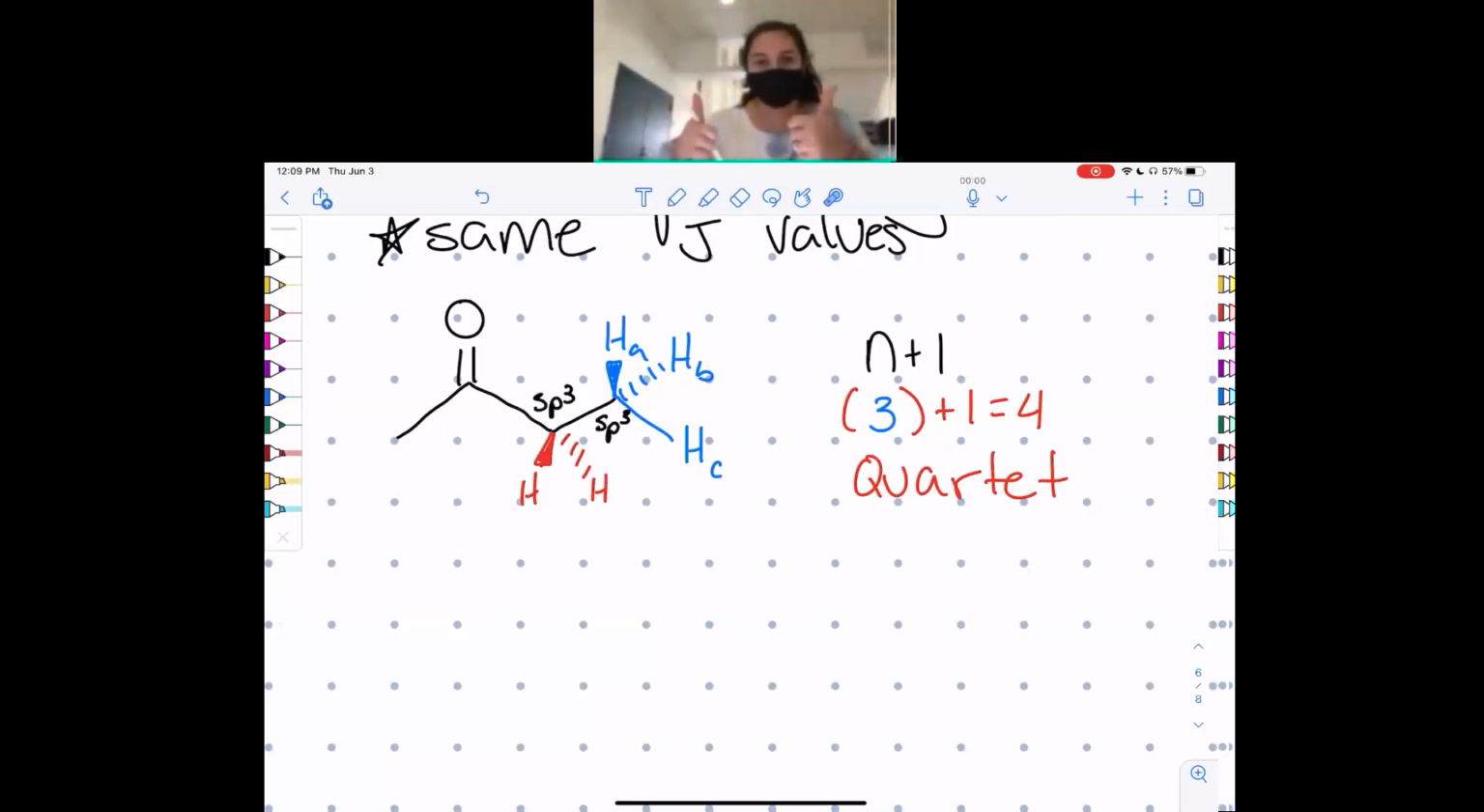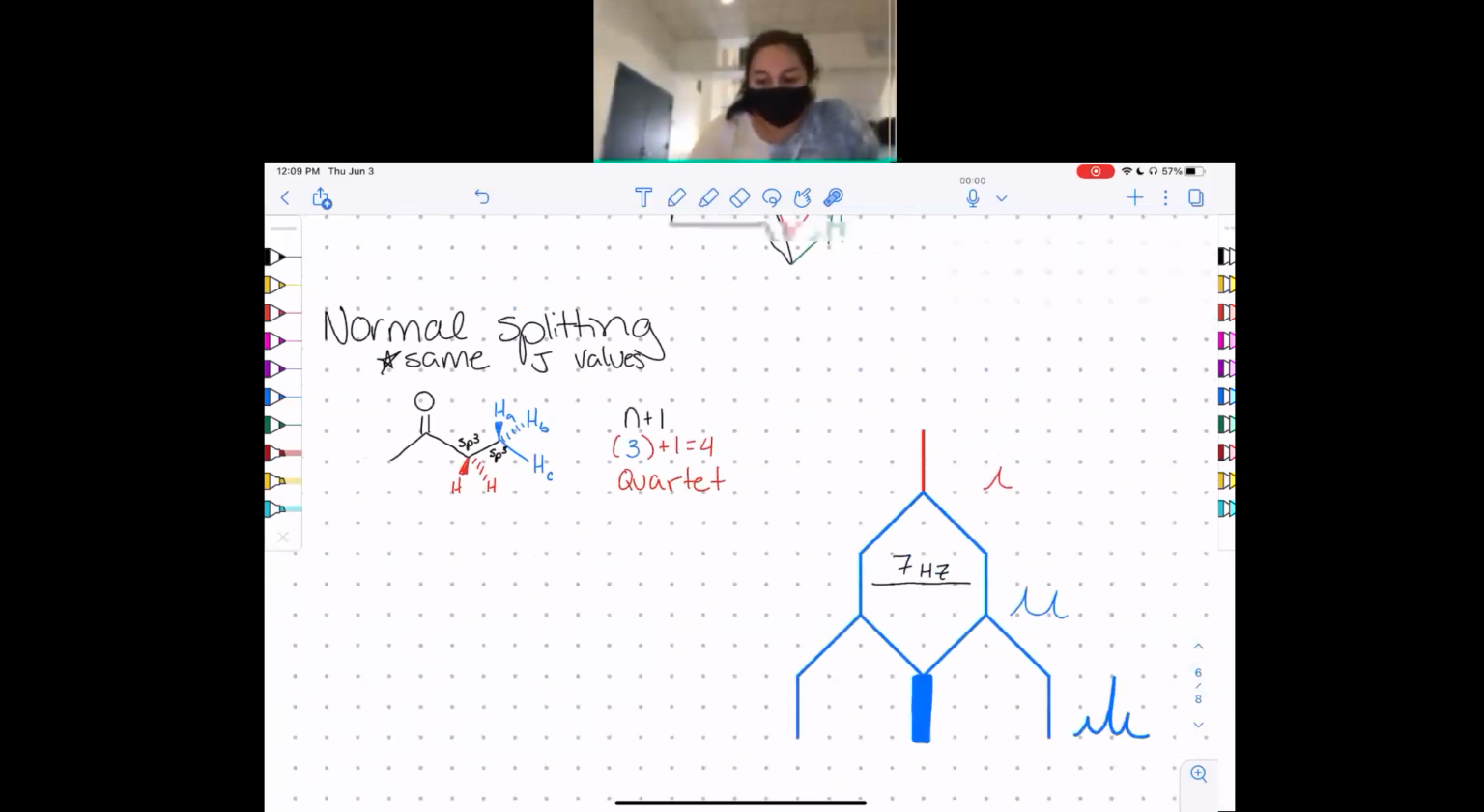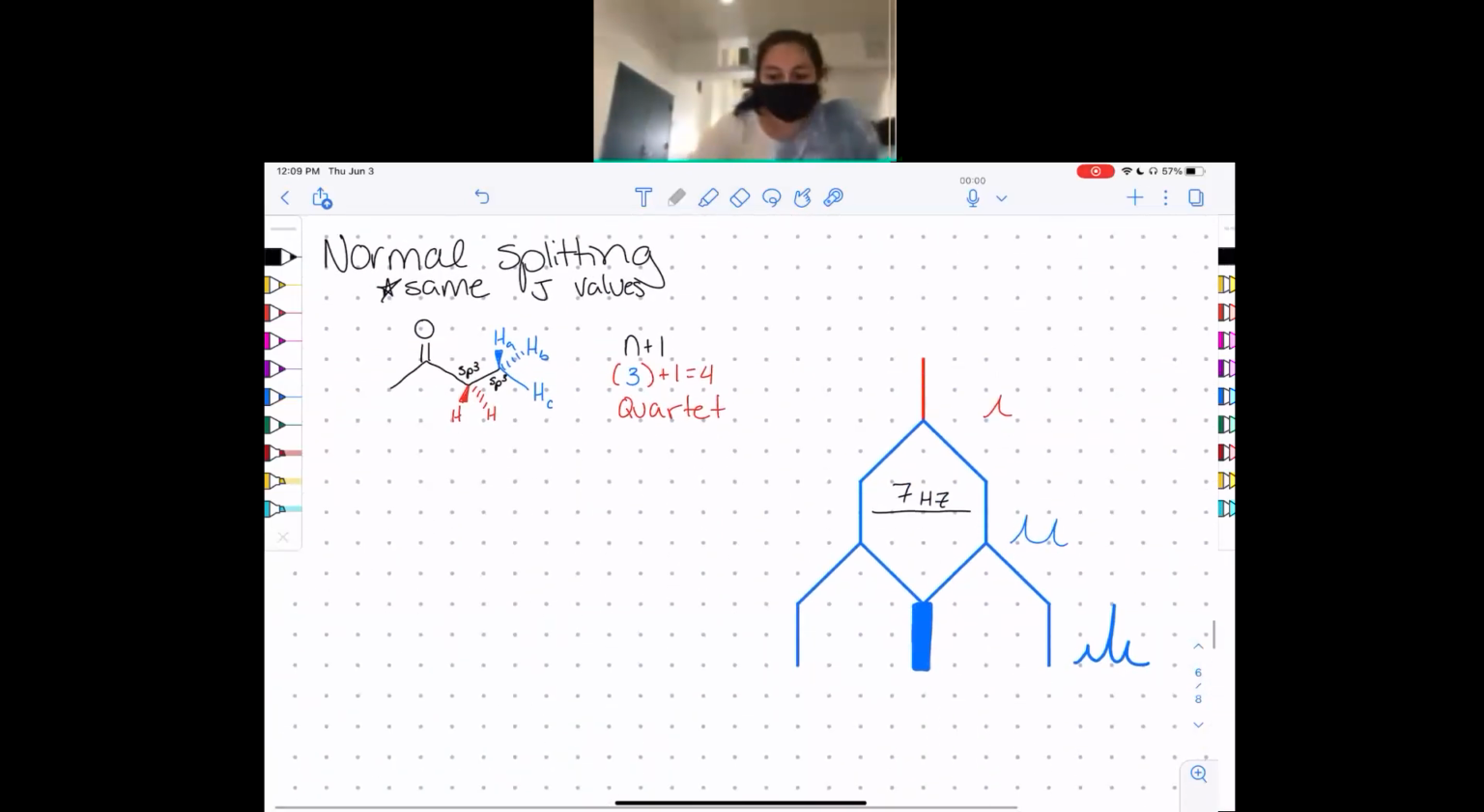Okay? All right. So again, I'll reiterate, since we do not have a ring, and since they are the same hybridization, we know we have the same J values, and so it's normal splitting. So that being said, the reason I even point that out is because this is also splitting by a value of 7. That's why we have the overlap in the middle. And so our last hydrogen,